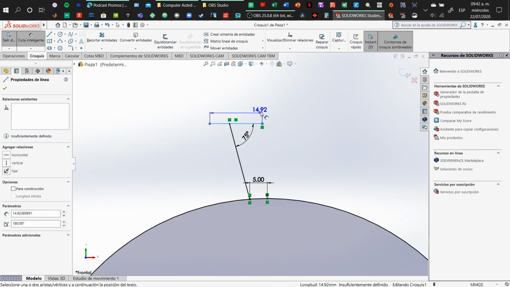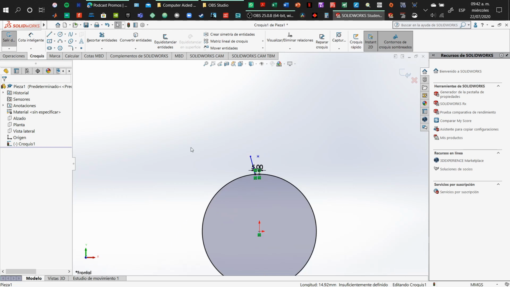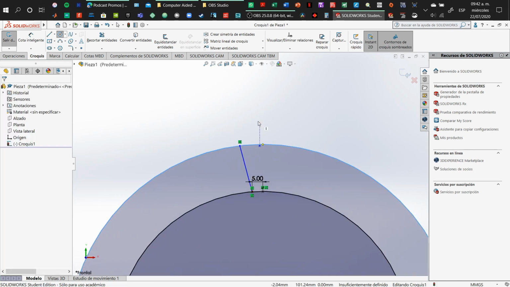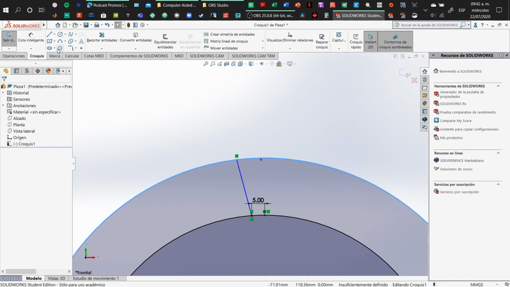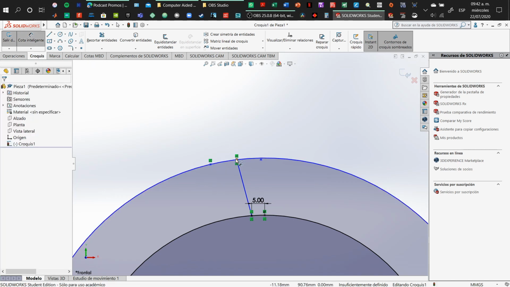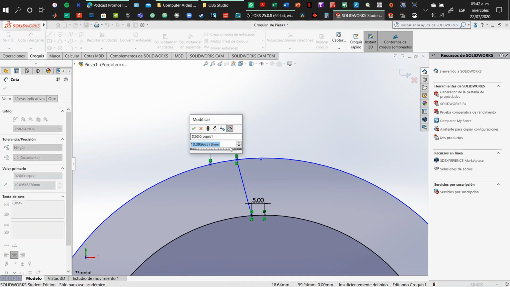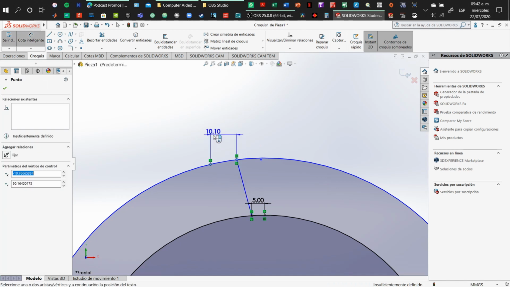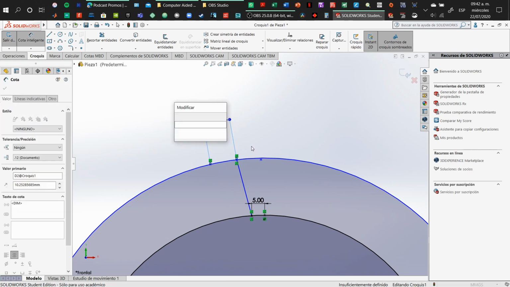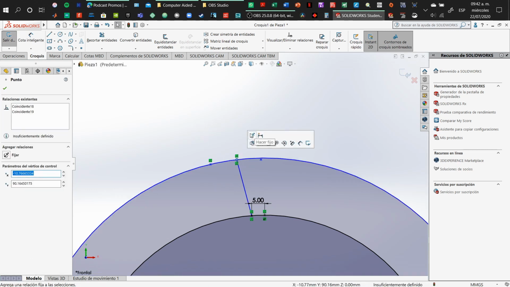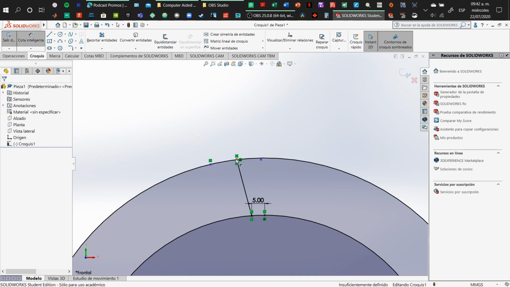and once we have it, we can eliminate this one, and we can use another circle just to follow the trajectory that we want. And what we're going to do is to put a point here and another one here, and these ones, sorry, again, like this, but we want to make it fixed, right? So make it fixed, and with this,